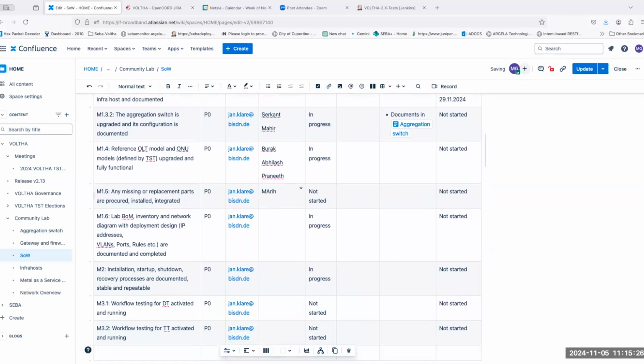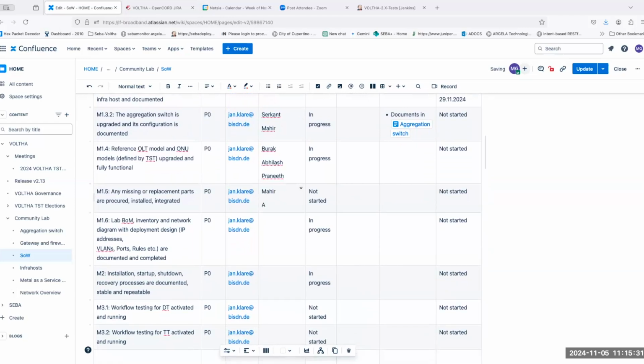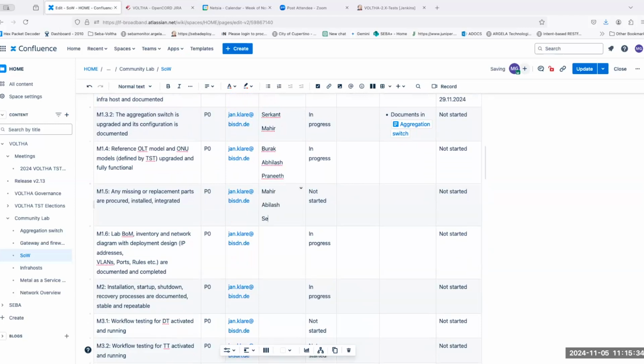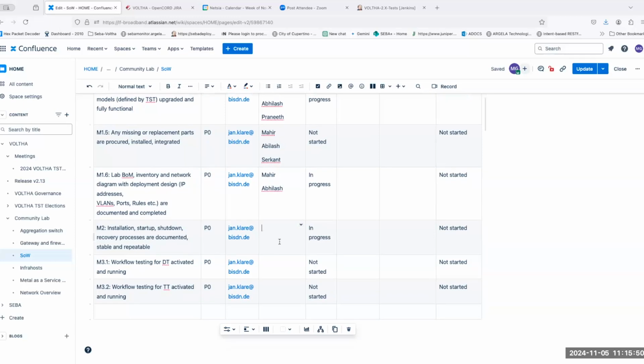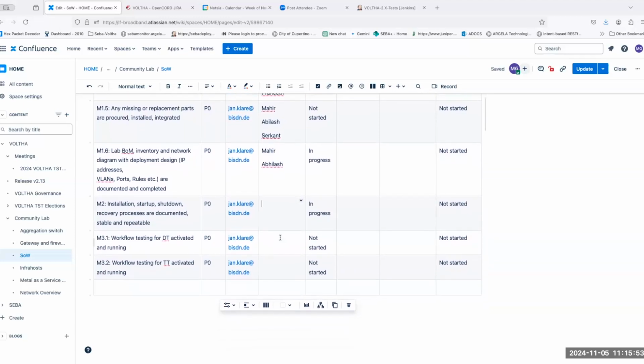This is more general, so sorry. You can put my name as well. Abhilash, Serkan, network diagram. Who else? Yeah, my name. Yeah, you can put my name. M2 as well. My name you can put, I'll review these.